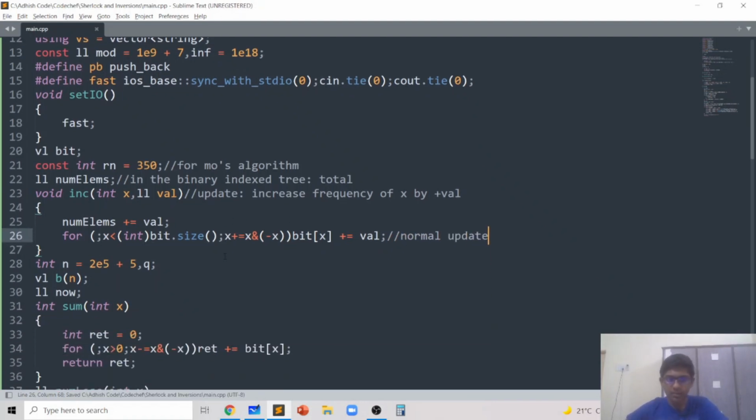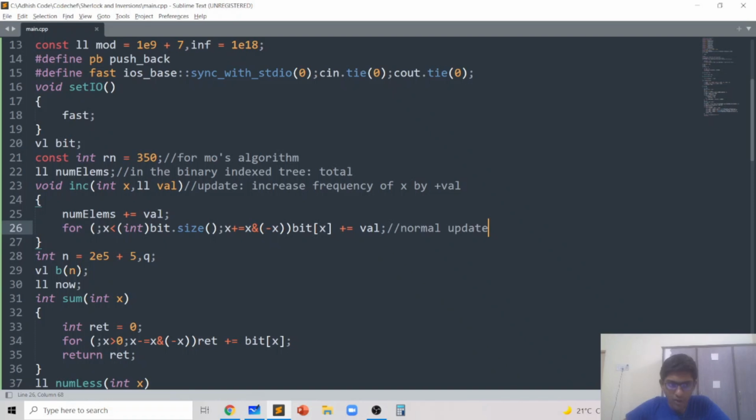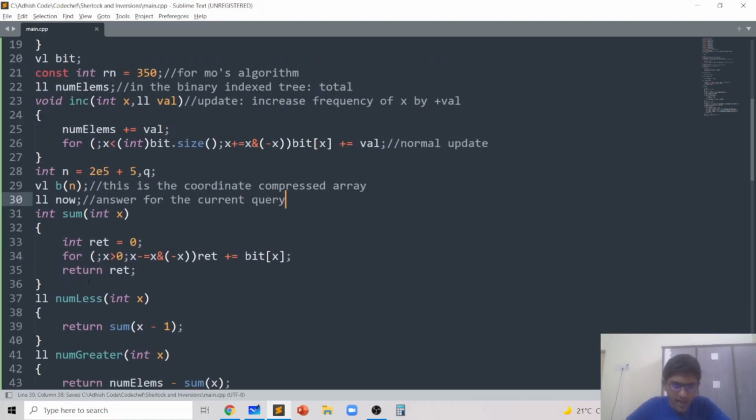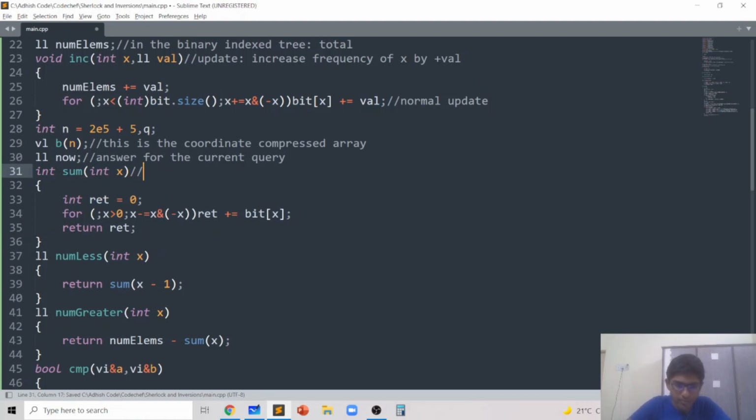That's our increase update. Then I also store the variable n, the variable q, and the vector b, which is the coordinate compressed array or vector, and I store the variable now, which basically represents the answer for the current query. Then I have a range query.